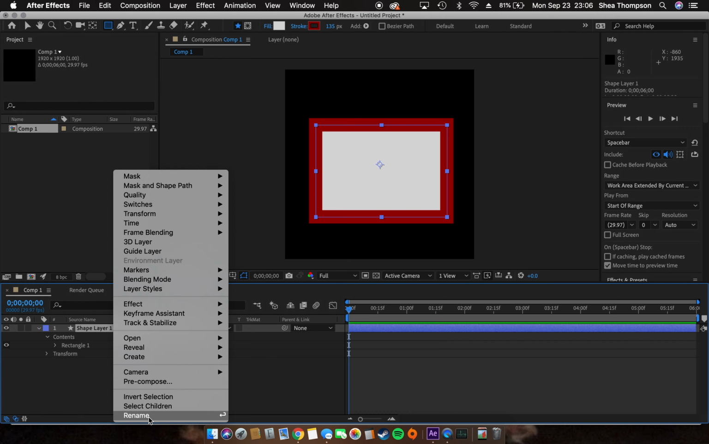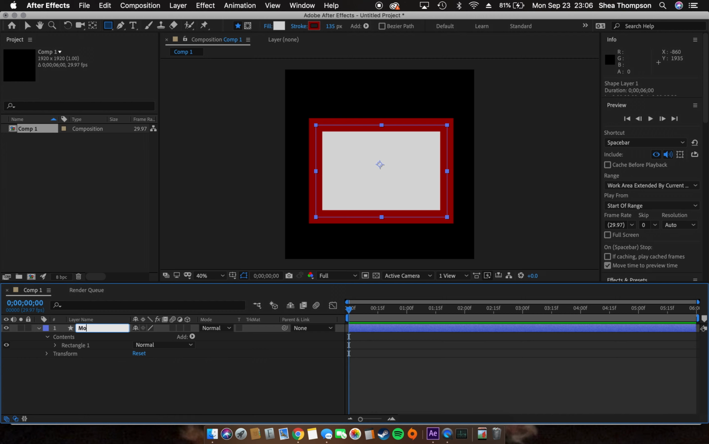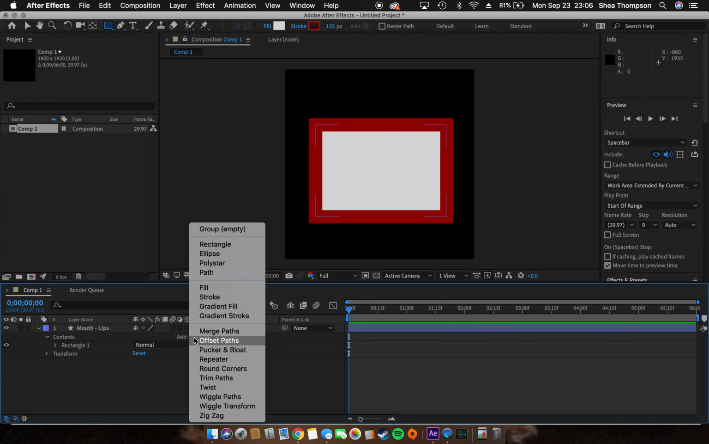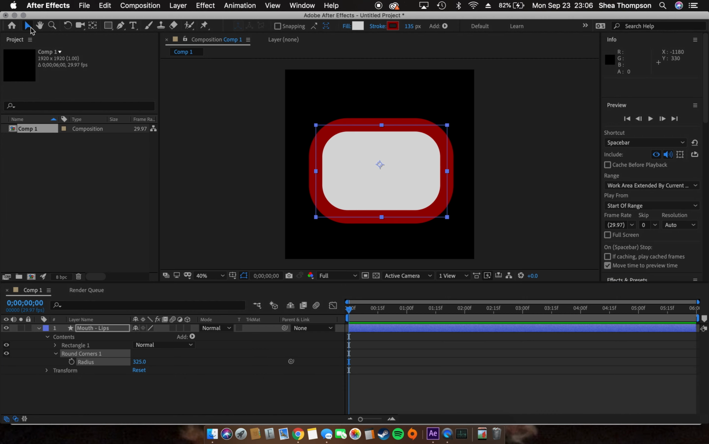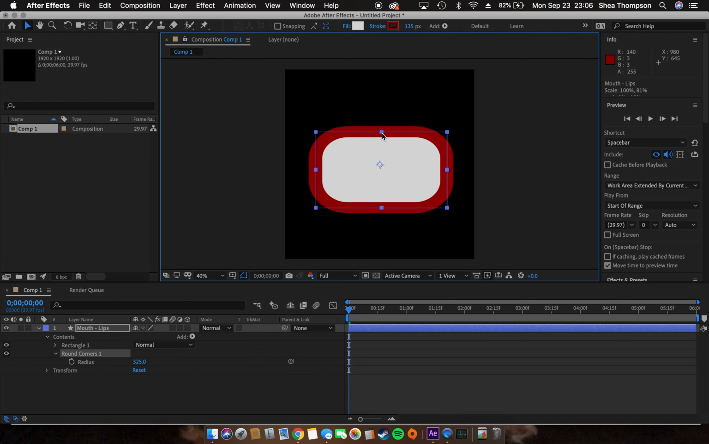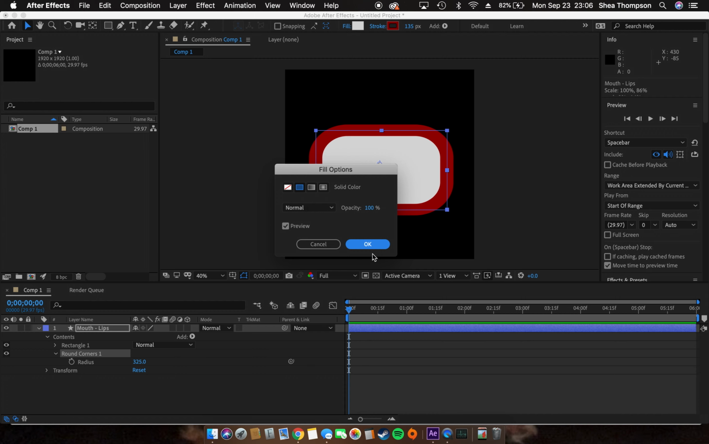We're going to rename it as mouth dash lips, and then we're going to add round corners to it, and then we're going to go into round corners and bump up the round corners a lot so that it's more mouth-like. So then we're just going to squish this down a little bit. We're going to get rid of the fill,